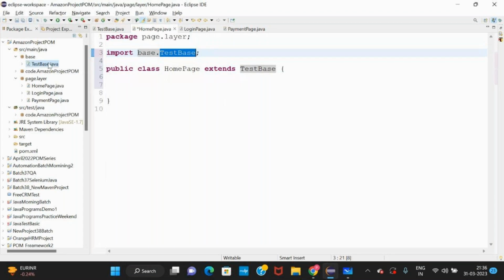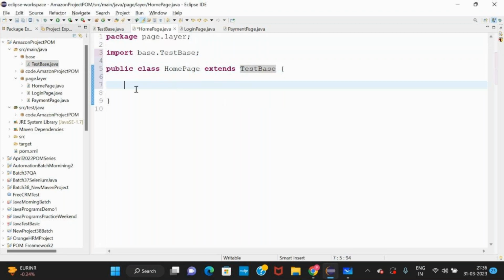Capital and small letters, everything will be as it is. See, base is a small letter. Test base is capital, as it is. The class name convention, T capital B capital, as it is there. You have to give the same. Now the error is gone.